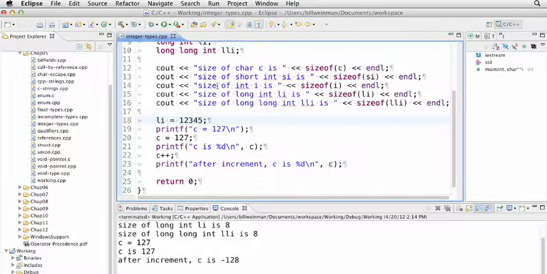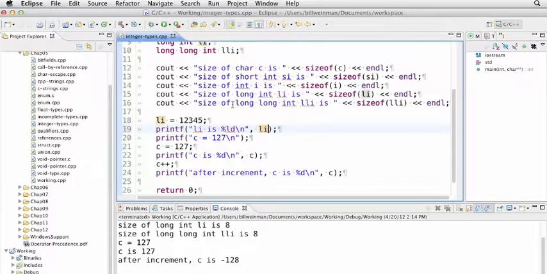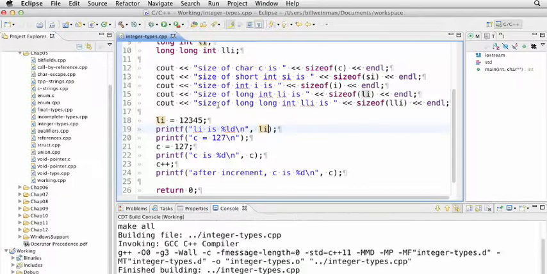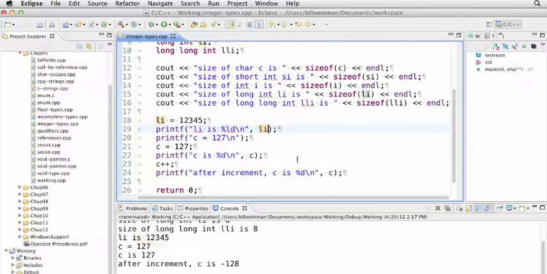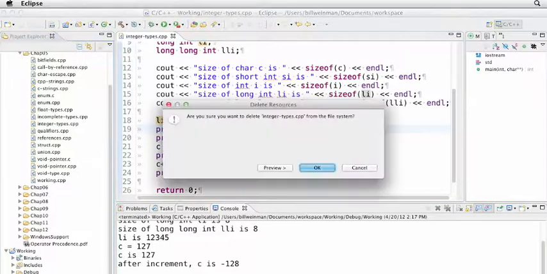So I'm going to save that, and we'll go ahead and display it. Save that and run it, and you can see we're getting the value there in the long int. So C and C++ provide a full selection of integer types in many sizes, both signed and unsigned. Now let's